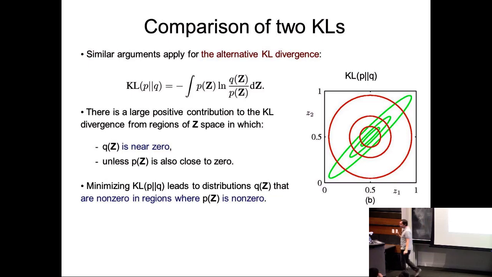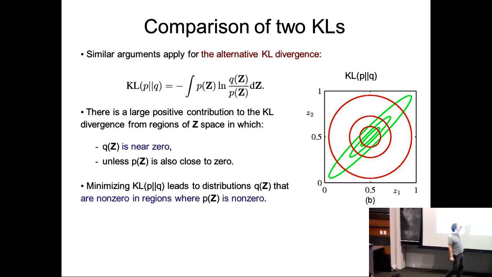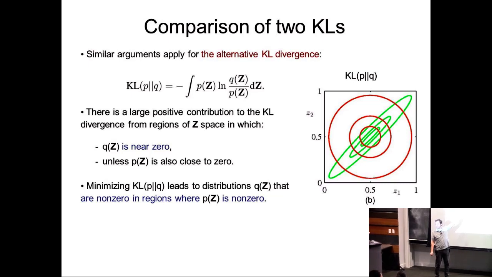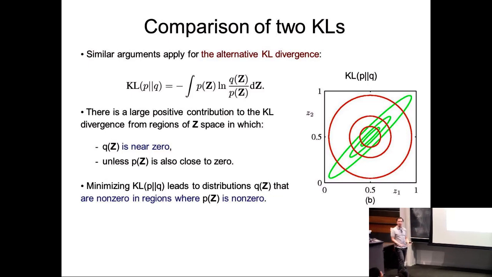Then it really needs to assign, like if it doesn't assign any probability to this thing, P of Z is going to have some probability assigned to here. And if Q doesn't assign any probability to the green space, then you can see that Q value is going to be very small. But on the P, the contribution to the KL term is going to be large. So the overall KL term is going to be large. So in this case, you're forcing Q to really cover the whole